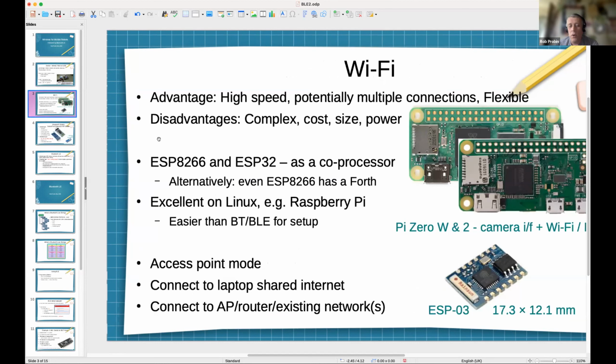The second one, probably that several of you have come across, is Wi-Fi. So on some of my robots that have got Raspberry Pis on, Wi-Fi is a very good solution. I mean, it's possible to set up the Raspberry Pi either with a dongle or with the wireless chip to use Bluetooth or Bluetooth Low Energy. It's usually not worth the effort, right? If you've already got Wi-Fi on your board, it's well worth seeing